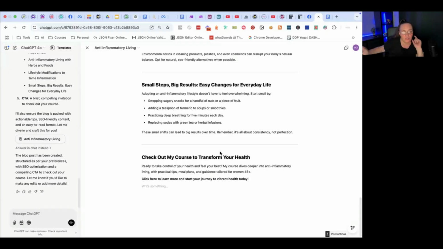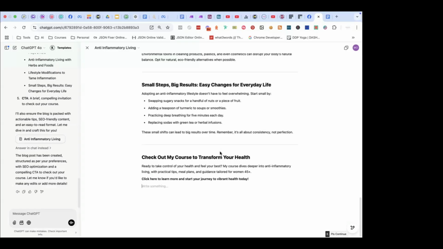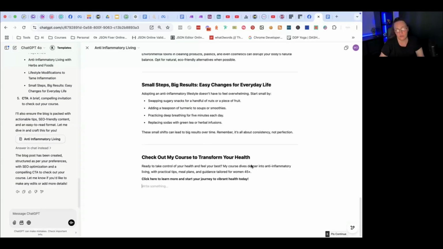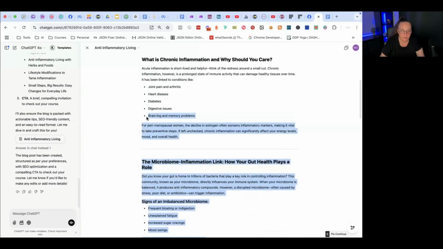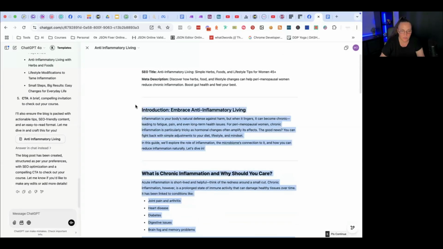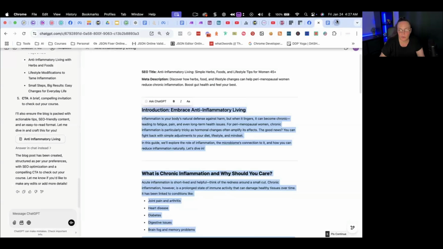So I would not take anything that it tells you that it's scientifically proven and just write it without fact checking. Correct. So what you can do is take all that, go to Perplexity,